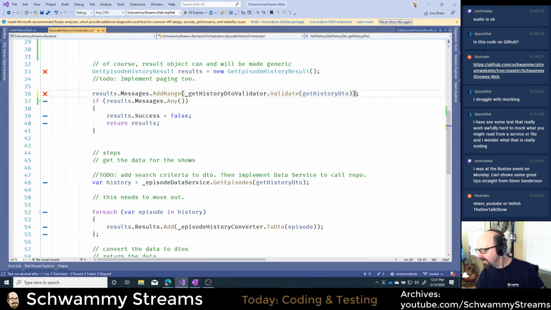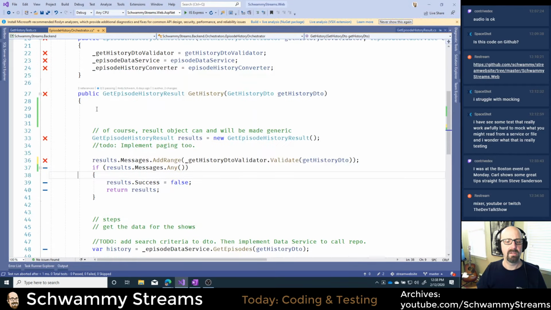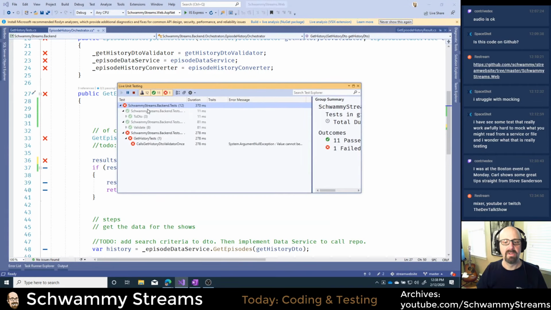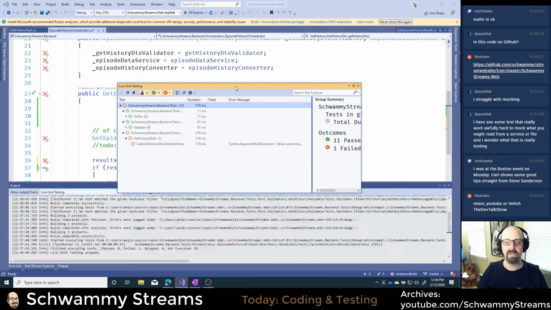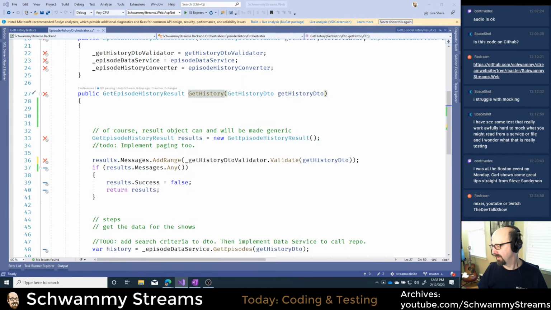Oh, you know what happened? My live unit testing is paused. What? So now I don't get the icon on here on get history to do the test anymore. And it's probably because I messed the thing up in the middle. So I'm going to restart that session and see if it deals with that again. And I want to get a little further than I am now. So what I can show here, in any case, I'm not getting that icon there. Do I have to do start? Should be started.